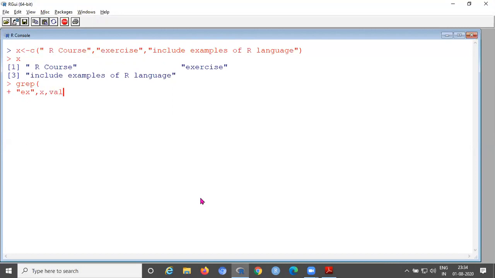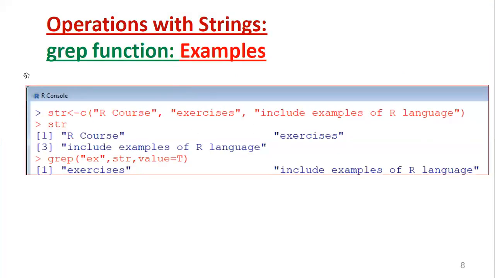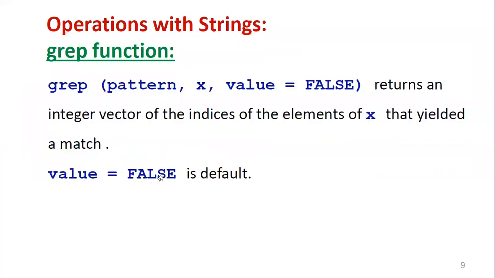So here value equal to true. Now you can see, "ex" occurred in exercises, and "ex" is there in include examples of R language. So both strings will be displayed. That is the use of the grep function.